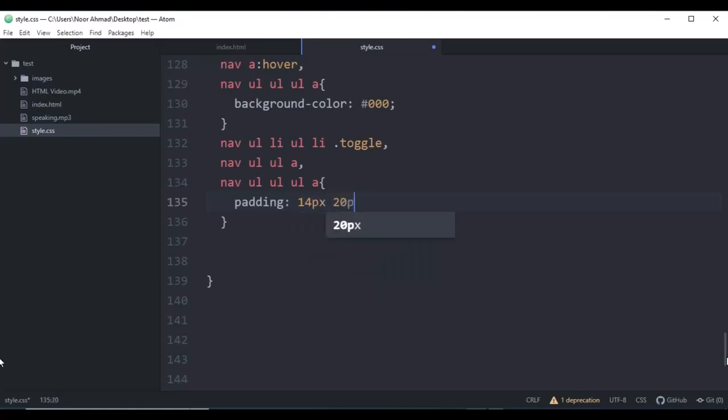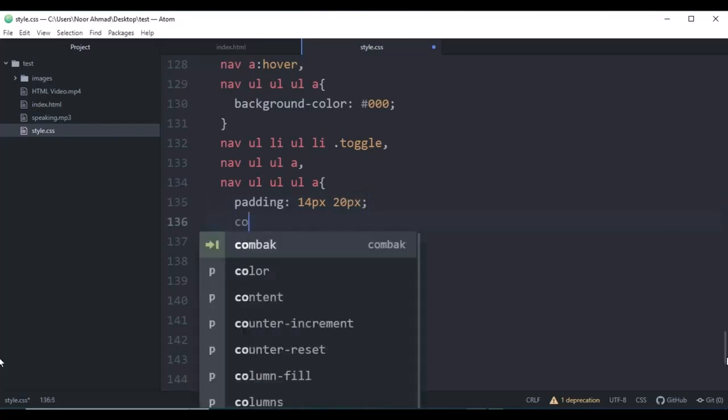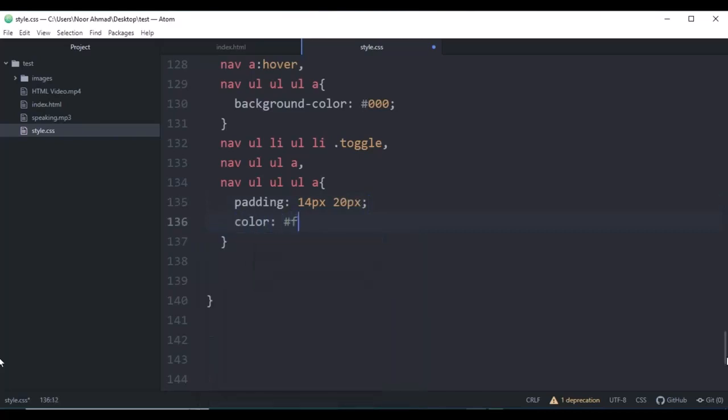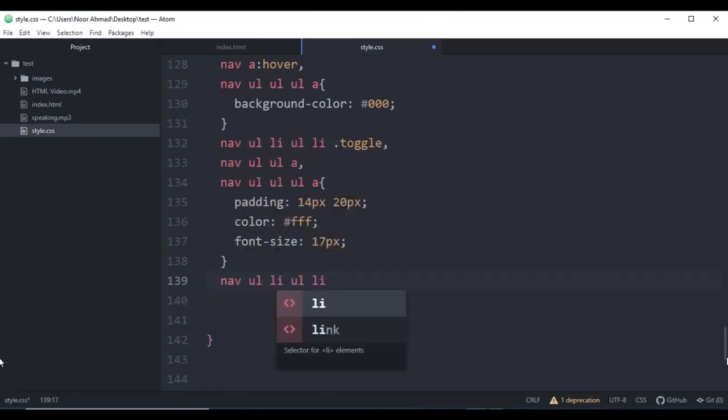by 20 pixel, and let's add the color, the text color, this one, and the font size will be 70 pixels. And now let's target again the toggle class. So navigation bar ul and li. Let's target the toggle class